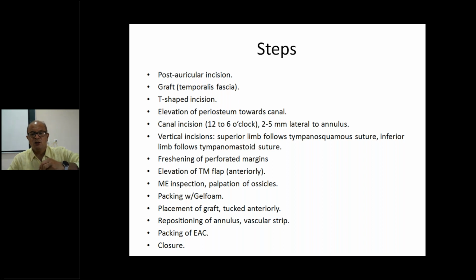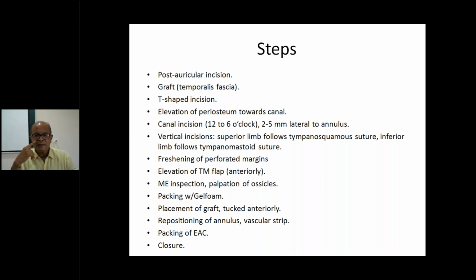So now you elevate the fibrous annulus. After elevating the fibrous annulus from the sulcus, you will see the mucosal layer. You give a small nick in the mucosal layer, and then if you elevate still more, the mucosal layer, unless it's very diseased, is very thin and flimsy, like a thin film. You can easily cut through it.